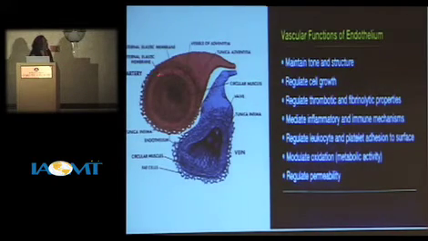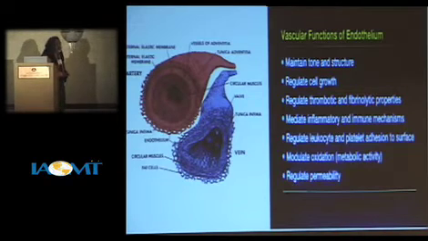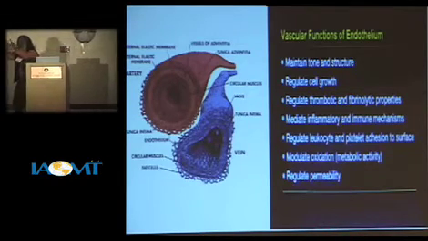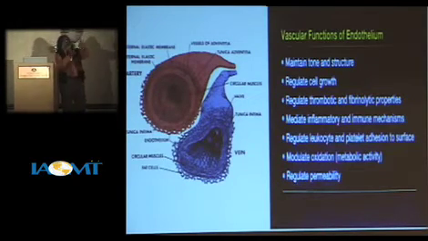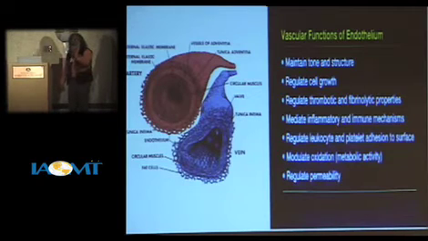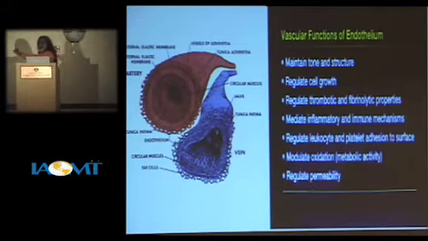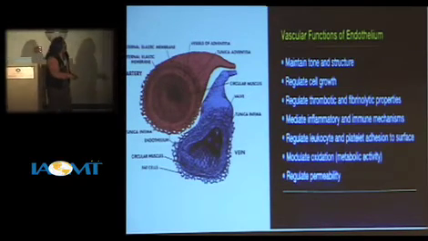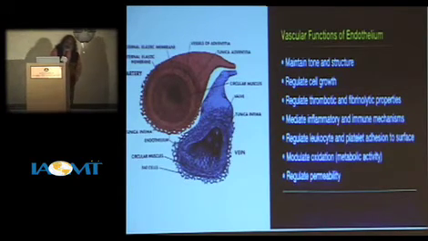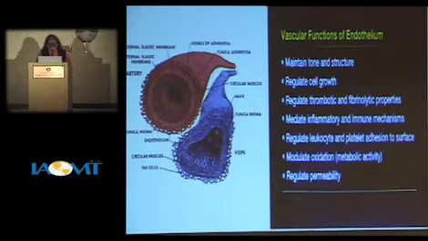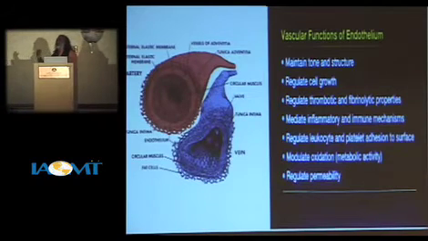This is how it looks. It's an artery, and it's a vein, venule, and you can see the endothelium, one monolayer, one cell layer thick, that's it. A monolayer of endothelium inside the lumen of the blood vessel. That's very potent, and we call the endothelium an organ. Even in the blood vessel, endothelium itself is an organ. And that's what it does. It maintains several functions, including the structure and function of the blood vessel. It regulates blood vessel growth by angiogenesis, because unless endothelial cells divide, you don't have new blood vessel formation.